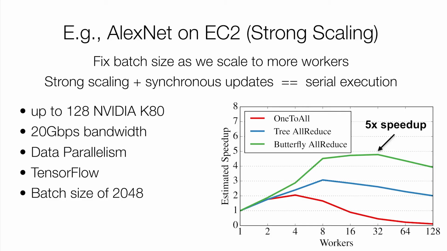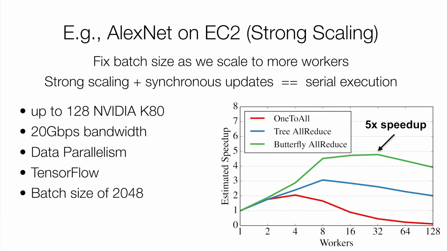This is also a challenging setting, because batch sizes usually aren't so large for deep learning, and so as you have more and more machines, you're basically doing less and less work per machine before you need to communicate. So it makes sense that this is a harder setting, but in some sense it is the most fair setting because you're comparing apples to apples. We did these simulations assuming that we were using 128 K80s, using standard assumptions about EC2, and also using a fairly large batch size. This is beneficial to distributed settings.